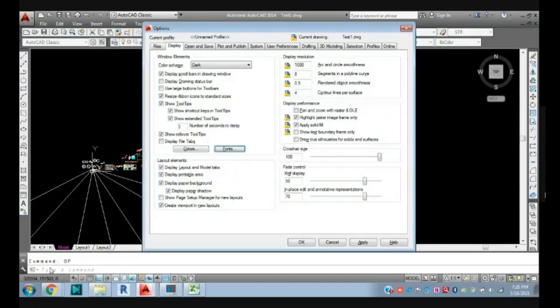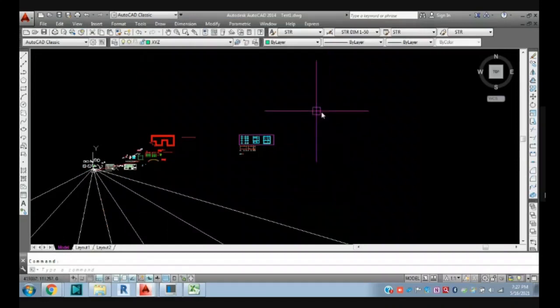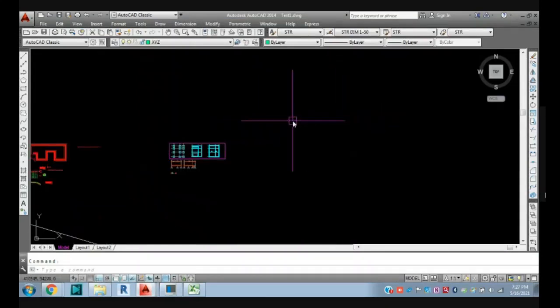So apply and close. You can see it's been changed here. For the color and fonts in display, there's no need to change those values; they are set by default. If you see here on your laptop or desktop, you can manage the crosshair size here. Suppose I set it to 20, and click apply and okay. You can see my crosshair is size 20. So you can control it from here also.